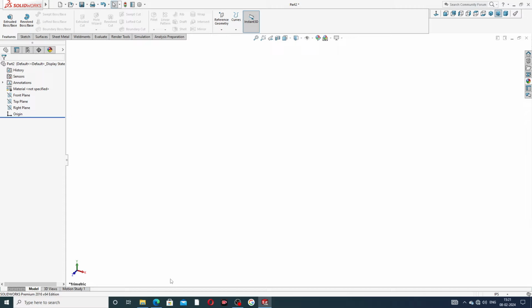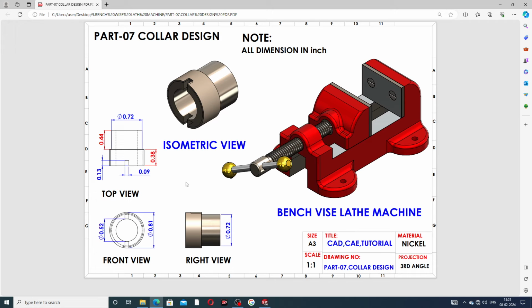Okay, all settings are complete here. At first select the front view because all two dimensions look perfect. The bigger circle diameter is 0.81 inch, and the small circle diameter is 0.52 inch.